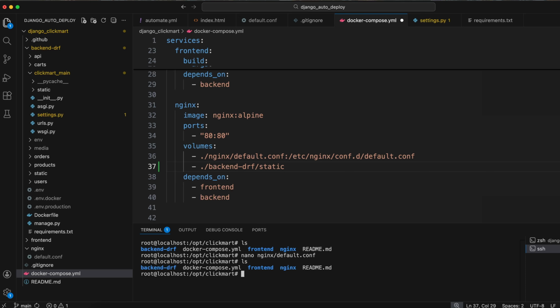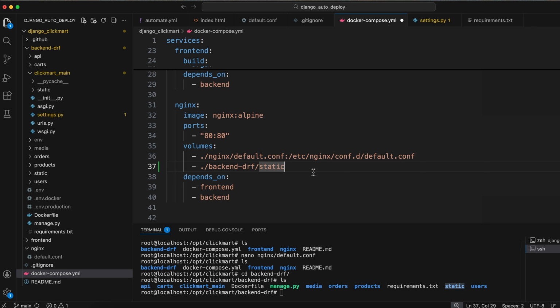see, inside this backend drf folder, we have something called the static directory, right? The static directory. So we are pointing to this colon slash static. This is the way you serve the static files from nginx. Okay, save this,